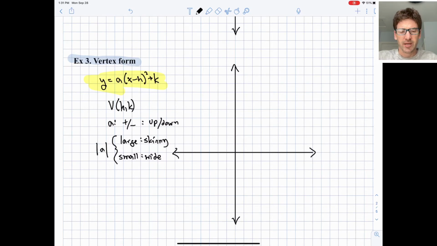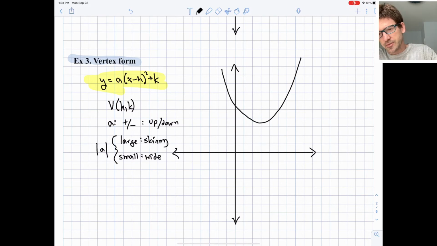I'm just talking about if A is large, greater than 2, 3, 4, or below -2, -3, -4. So farther from 0, we'll have a skinnier parabola. And if the absolute value of A is a small fraction, -0.5, +0.3, etc., we'll have a wide parabola. All right, and so we can make a completely generalized parabola here, and we can tell that the coordinates of